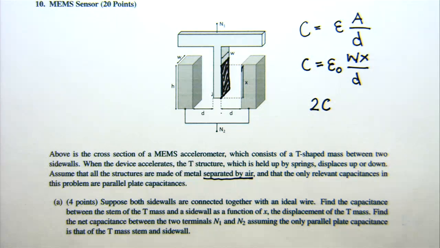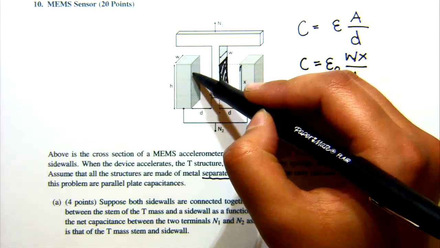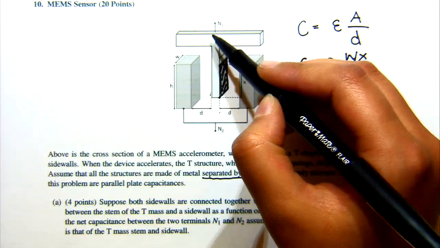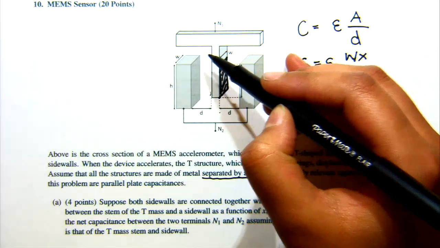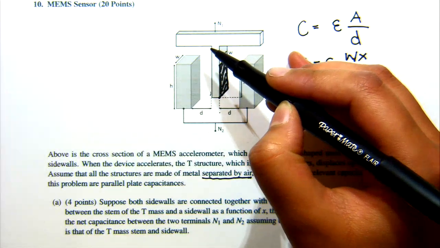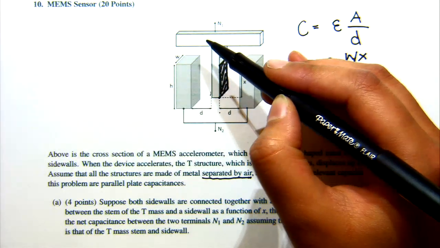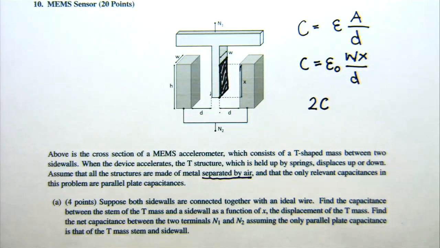Any questions about this part of the problem? Yes. Well, it's connected through this path. Oh, sorry, this path right here. We're just told that we do not have to assume this part up here is a capacitance, so we can just think of it as a direct connection.